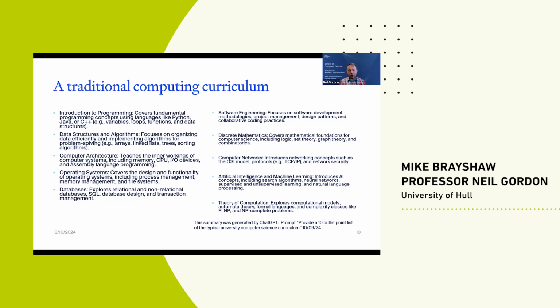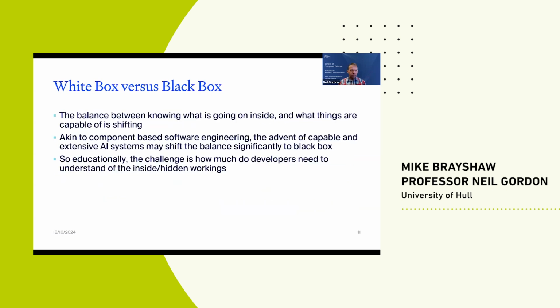But many of these things can now be automated by AI. To what extent do we even need people to understand them in detail en masse? We need some experts, but how many experts do you really need? Because there are white box and black box approaches. To what extent are we going to think of programming more like an information system? Data in, you do something, information out.